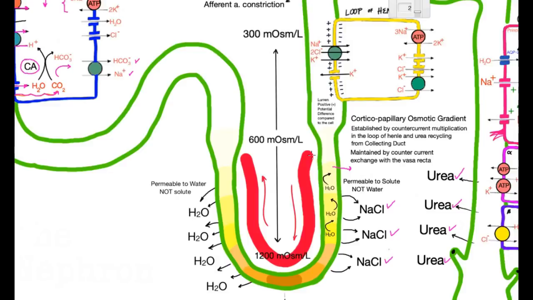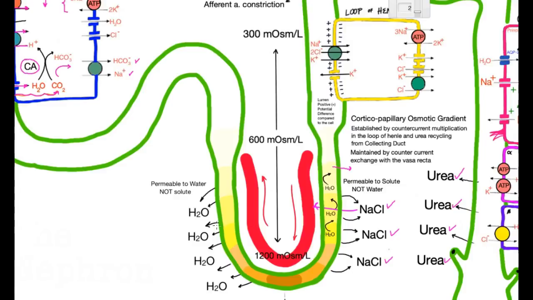And so the vasa recta, remember, they're traveling in close proximity to the tubules, and so they're able to participate in osmotic exchange. And so water and solute will move according to the interstitium across the vasa recta, so they are permeable, okay? So as the vasa recta descend, they're able to take some of the sodium and solute as well. So they will become concentrated as they head towards the tip, and then as they're ascending, right, next to descending